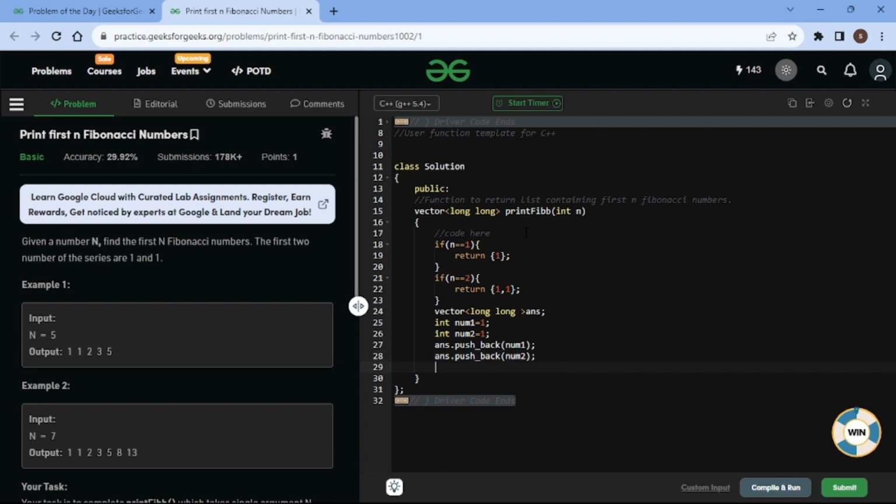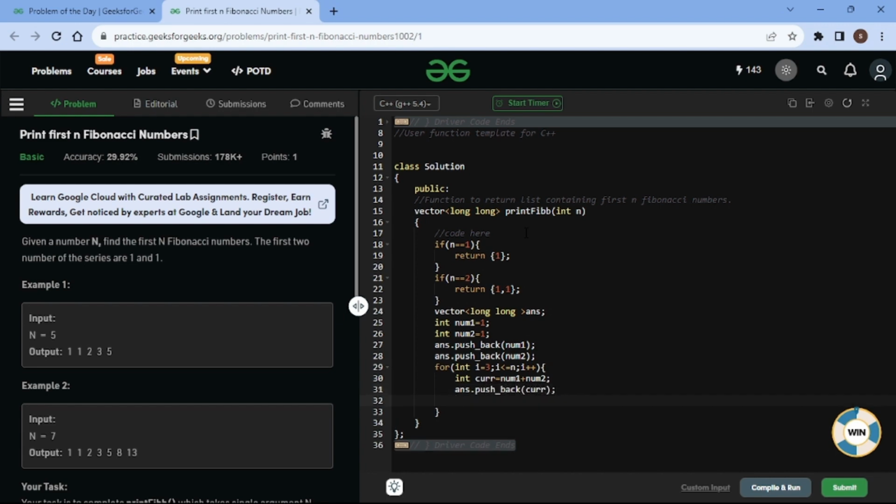Now after handling num1 and num2, we are going to calculate n numbers. So we write a for loop which starts from i equals 3, because we already have num1 and num2, going from i equals 3 to i equals n, with i plus plus. And we know that the next number is the sum of the previous two numbers. So we assign a current number, which is num1 plus num2. Now this current number we store in the array, so we simply do answer dot push back current.